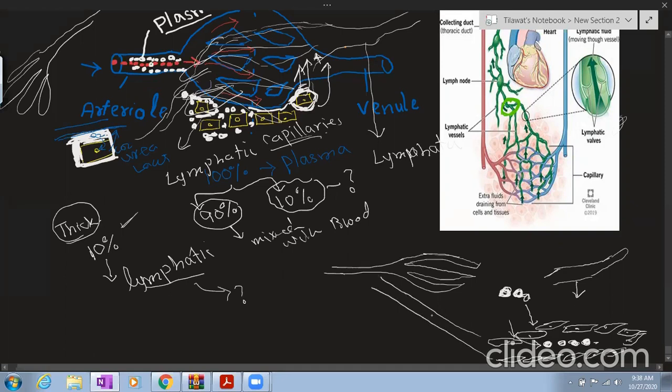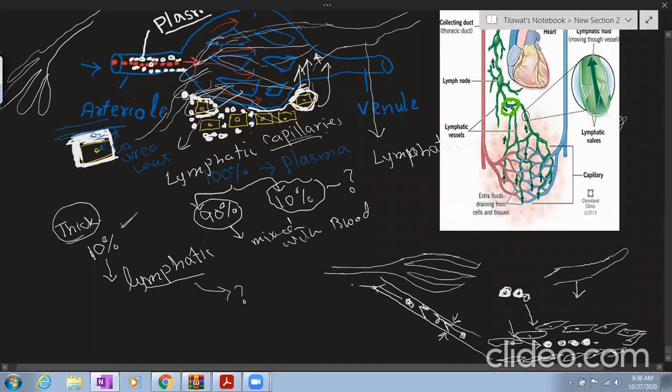And later on, these lymphatic capillaries will unite and form what? Lymphatic vessel. Remember, when they unite and form a lymphatic vessel, this lymphatic vessel has what? It has valves. So when the lymph crosses this valve, the valve will close back. It means it prevents the backflow of this lymph. This valve prevents the backflow of what? The backflow of this fluid. And second thing, when your muscle is contracting and relaxing, when your muscle is contracting, it is squeezing this lymph